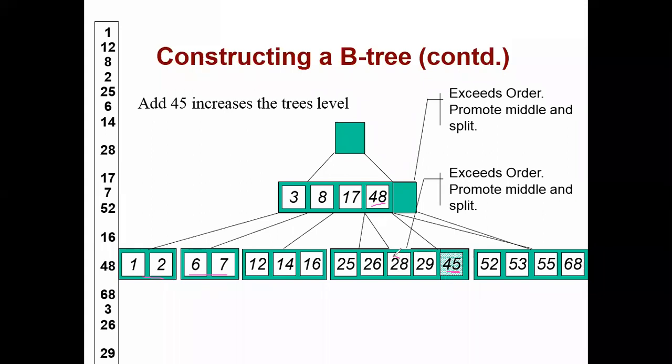So 28 should go where? 28 should go to the upper level. Okay, 28 goes up. Again we are splitting this leaf node into two parts, but again it violates the property of what? It again violates the property of m. It means how many keys are we going to store? Only 5 keys. Okay, sorry, 4 keys. So again what will it have to do? It will have to split. It means again 17 goes where? It should be placed on the root node. Again we are going to split. It means finally we are splitting into the next level. This is the maximum level we will split.